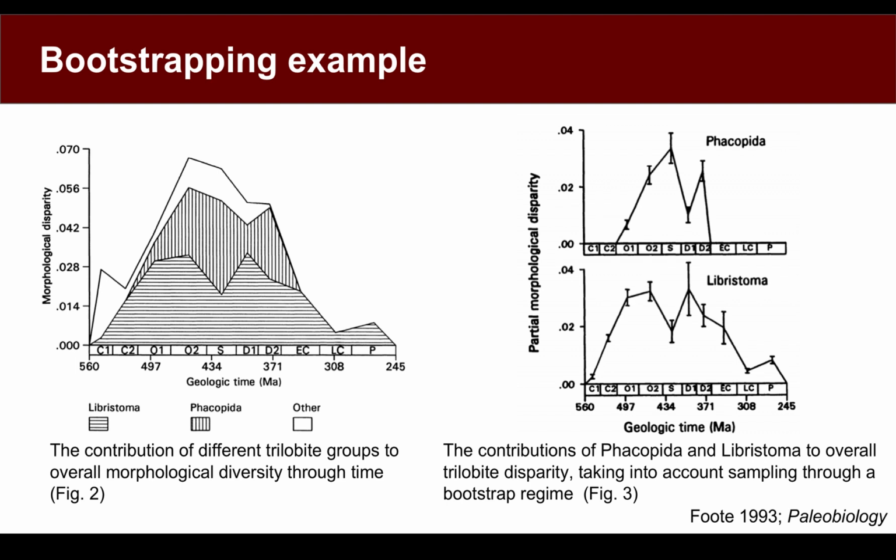So one way to think about what bootstrapping is doing is it's creating a bunch of alternative sampling histories that you may reasonably have encountered with your data, and the variance you see in those is what generates the error bars here. But also you can resample to the same level to allow sampling to be equal, and therefore, in theory, making a fair comparison between subsets of your data.